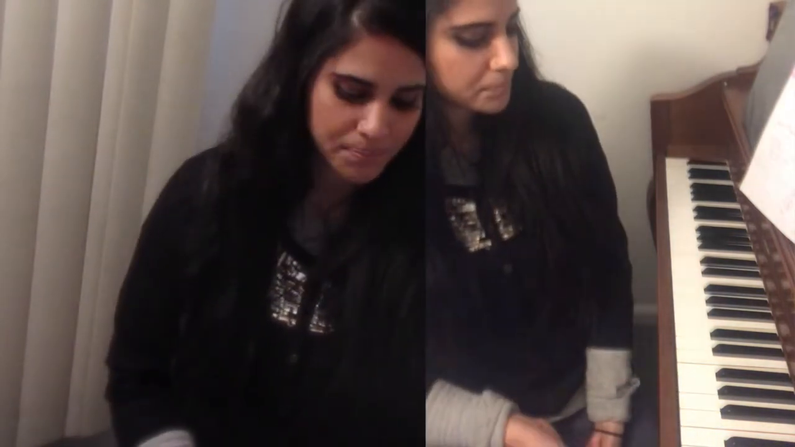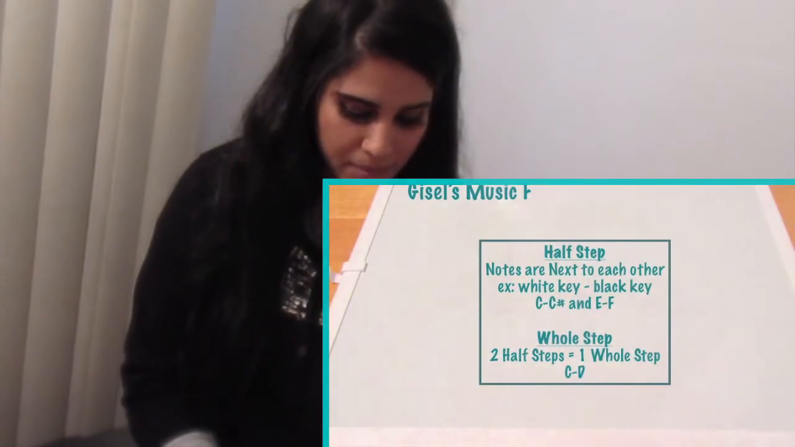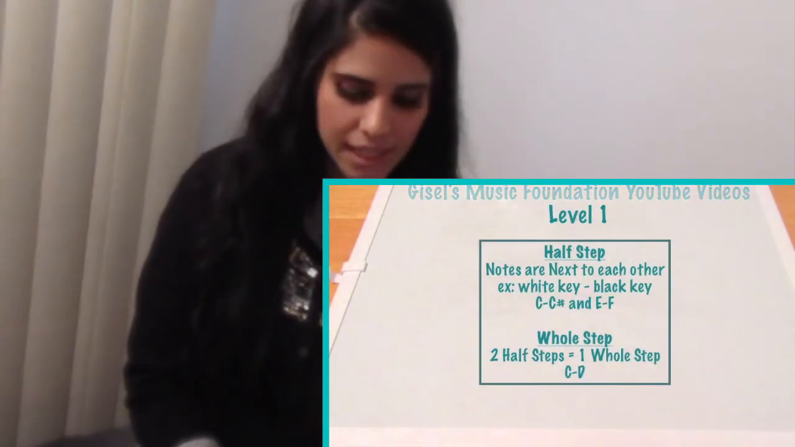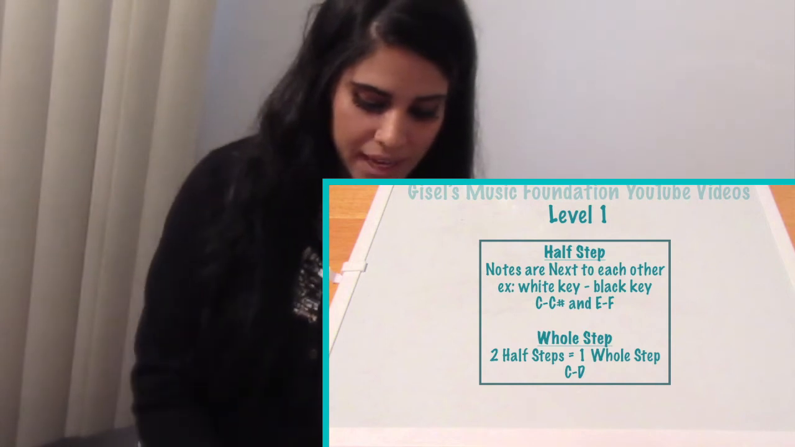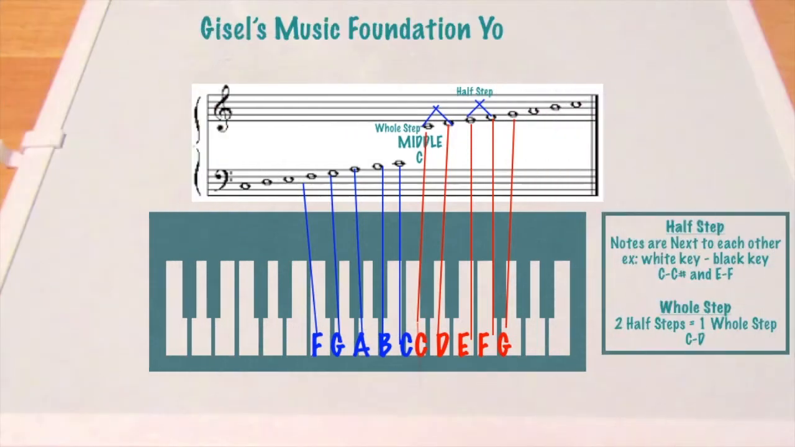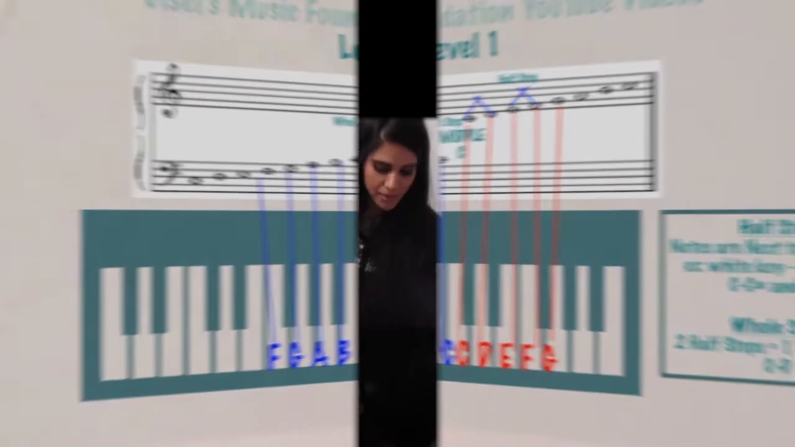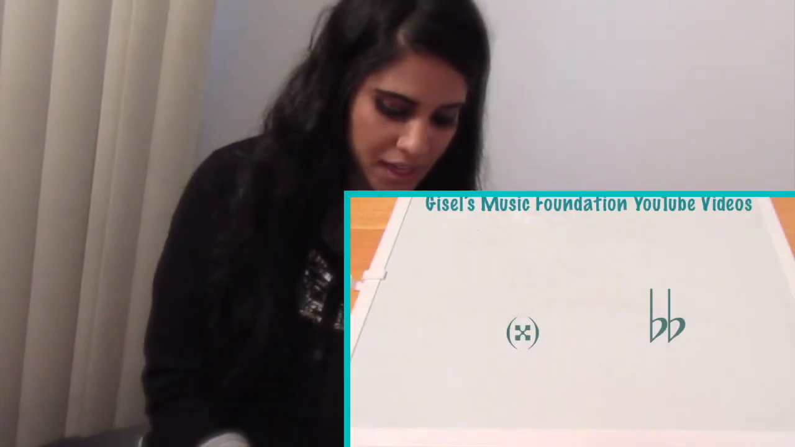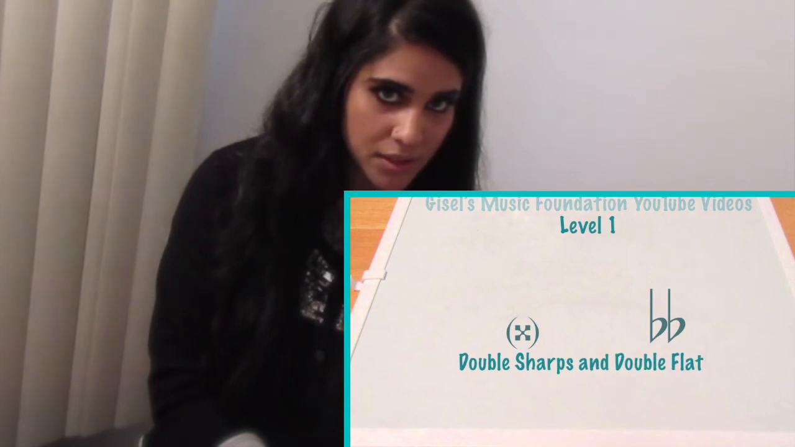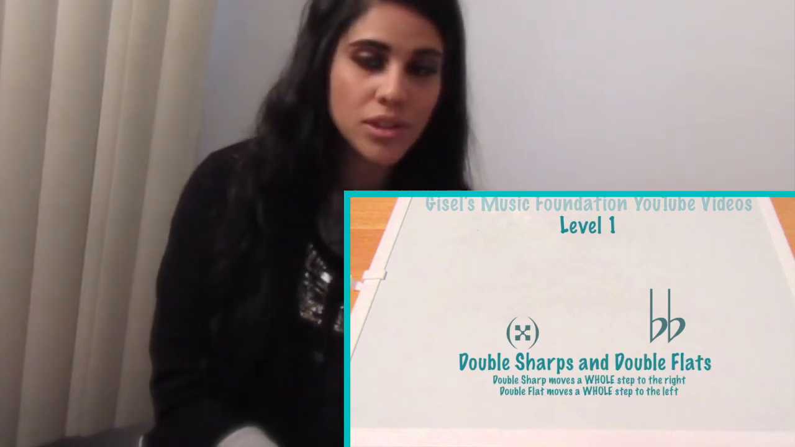Now what do you do when you have B and C and there's no black key in between? A half step is literally B to C. B to C sharp is a whole step. So a whole step, you are moving two half steps to the right. If you see double sharps,